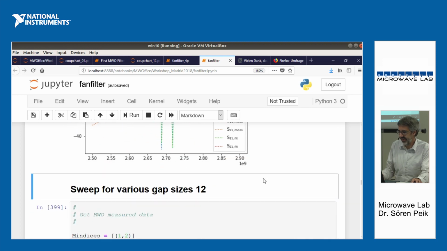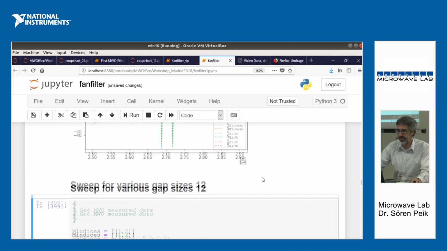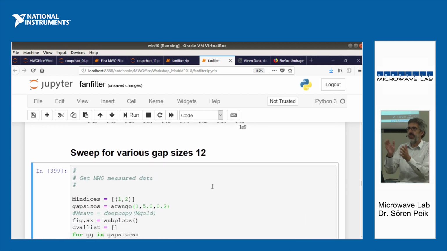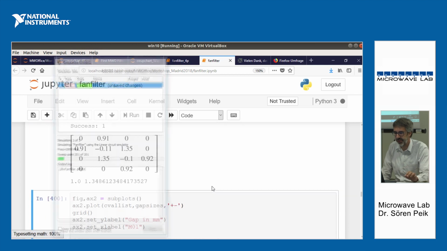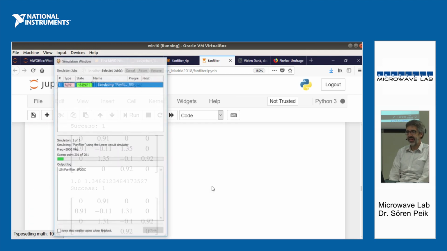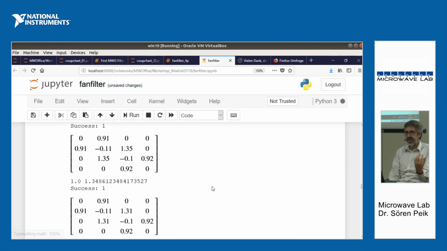And now the cool thing is, once we have all of this in place, we can just say, okay, why don't we just vary the geometry of my filter and see how the couplings are changing? Similar to what we have seen just after lunch. So now it does my simulation 10 times. You see it pops up, and it extracts a coupling matrix,